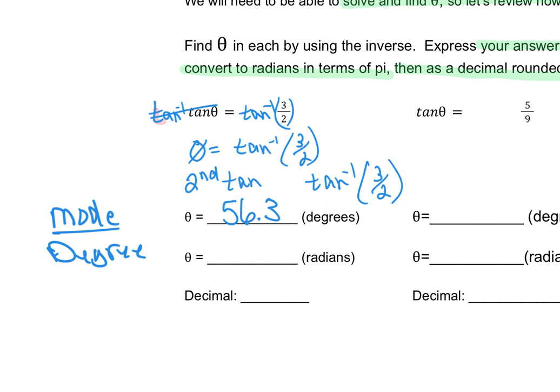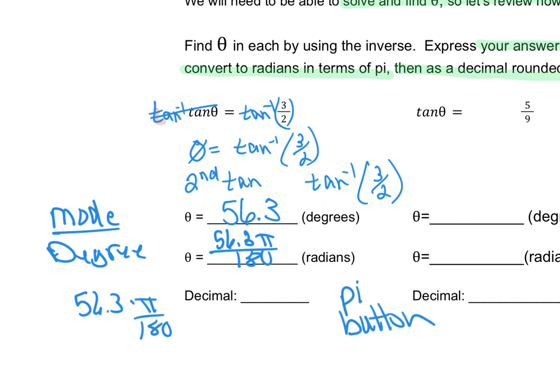So once we have our degrees here, we are going to convert those degrees to radians. So we're going to have 56.3 times pi over 180. We're just going to leave it as 56.3 pi over 180. We're not going to simplify that, because that's an ugly decimal to try to simplify. But if you use the pi button and calculate it out, 56.3 times the pi button divided by 180, you should get approximately